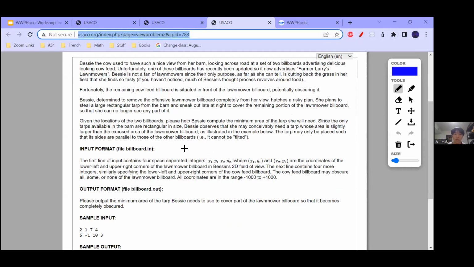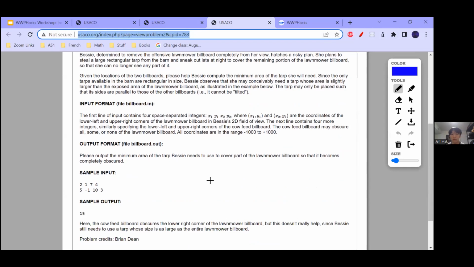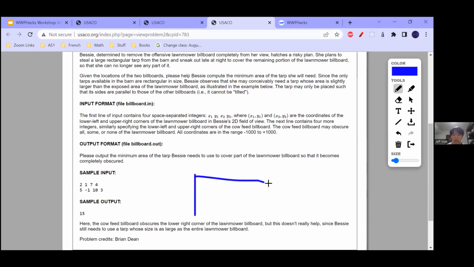So basically, in this problem, there is a tarp. There are two billboards, one that Bessie likes and one that Bessie doesn't like. And luckily the one that she likes is covering a part of the other billboard.